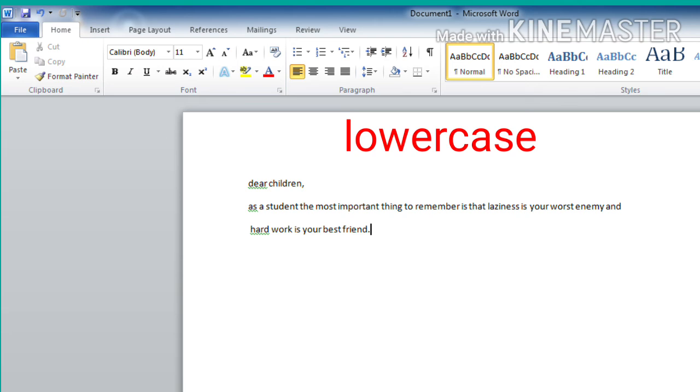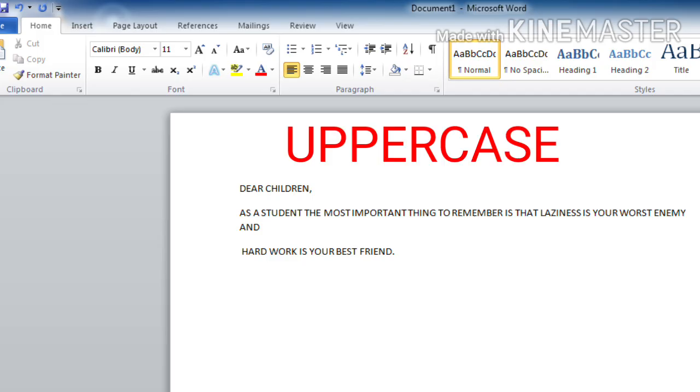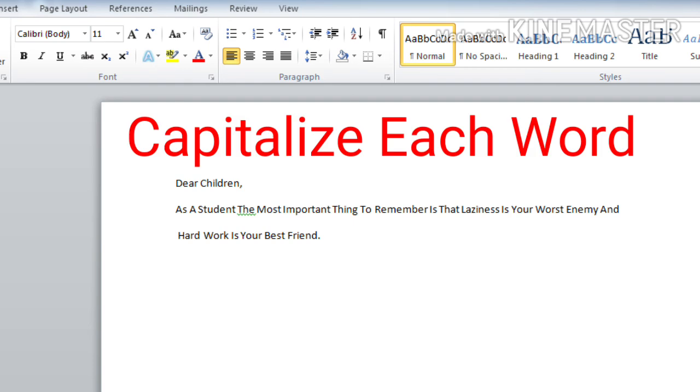Then uppercase, it will capitalize all characters of the sentence, just like this. And the next option is capitalize each word, and it will capitalize the first character of each word in the sentence. When I selected that, here you can see the changes.